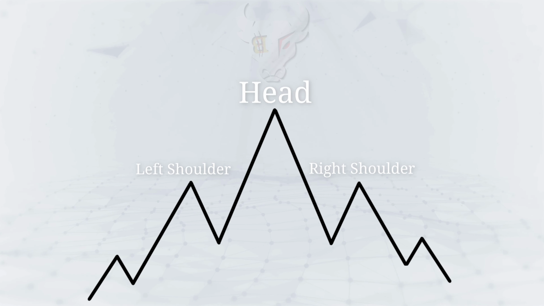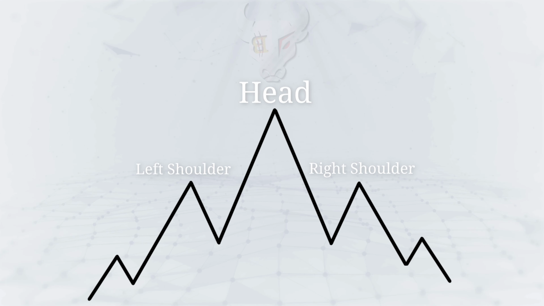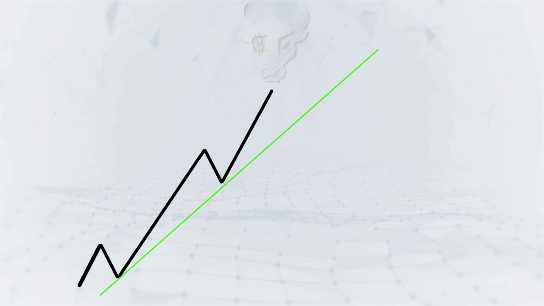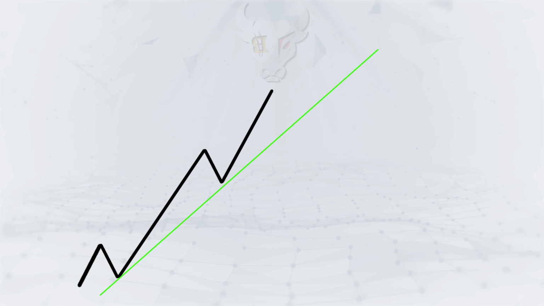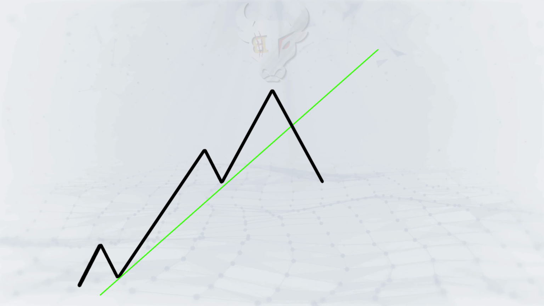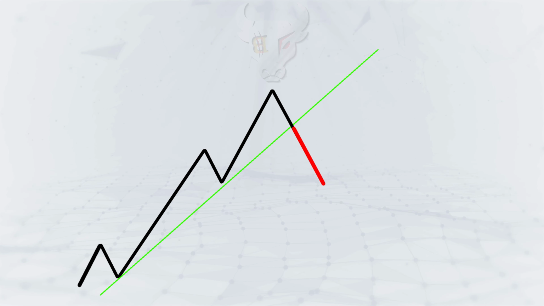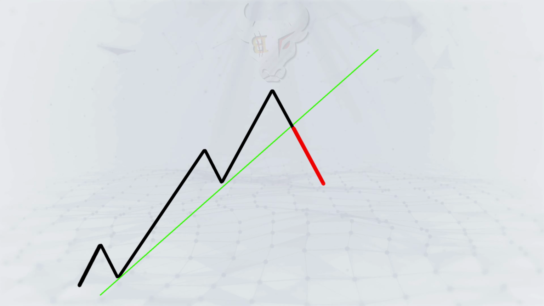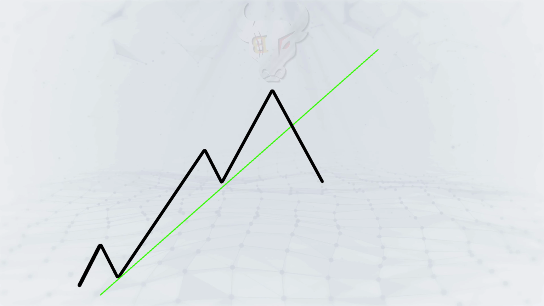In order to better understand how this pattern forms, let's have a closer look at its formation states step by step. Imagine that the price of the asset is in an uptrend, and if you remember, we covered all kinds of trends in our previous videos. And we learned that in uptrends, market forms higher highs and higher lows. So in uptrends, whenever the price drops below the trend line, it indicates that there may be a downtrend in the near future. So the first step takes place and now we have a left shoulder and the head.